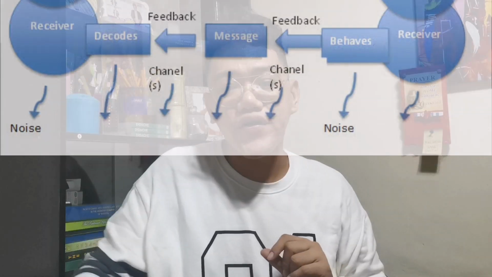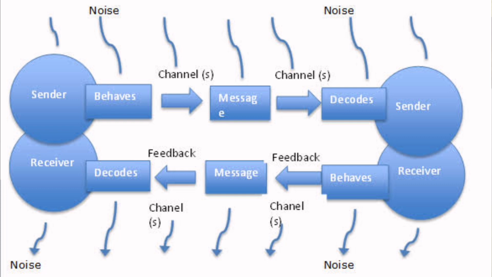Why? Because the communicator in this model encodes the message and transmits it through a channel. The message transmitted may be affected by noise. The receiver or the recipient of the message decodes, processes, and filters the message for understanding and is now ready to give his own feedback to the sender. So in the model that you can see on your screen right now, that is